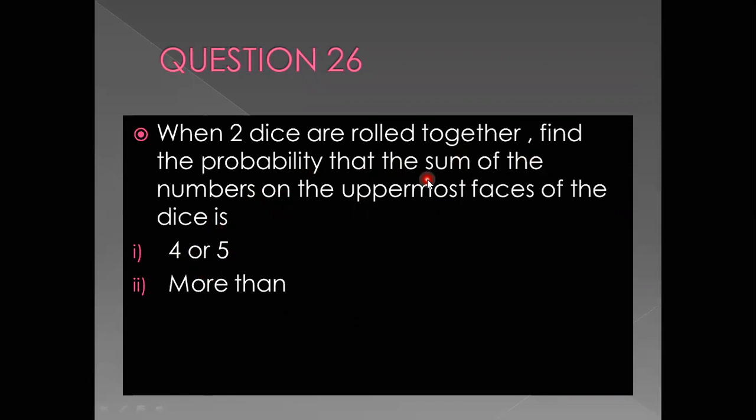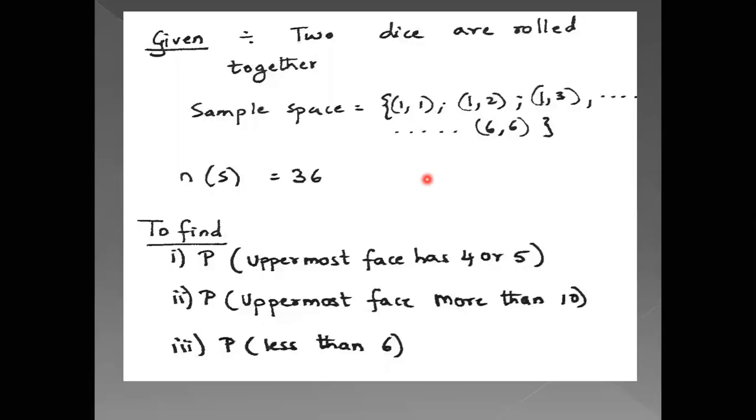So when 2 dice are rolled, I have told you before also, your sample space is 36. Remember this, children. Sample space is 36. So now your 2 dice are rolled together. You have to list it as 1,1; 1,2; 1,3 and so on till 6,6. So your sample space is 36. We have seen that picture in the slides before when we were doing the sum, that if one of the dice has 1 to 6 and the other dice also has 1 to 6, then 6 into 6 is 36, the number of sample space.